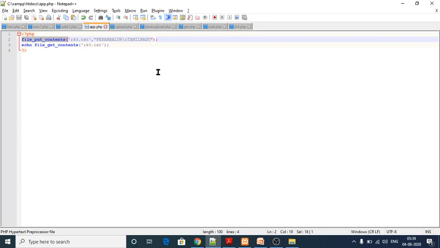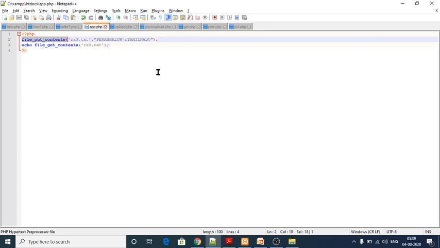The first one is file. What is that? Specify the file to write, which file you want to write. Next, if the file does not exist, this function will create one. If that particular file does not exist in that particular folder, it will create a new one.